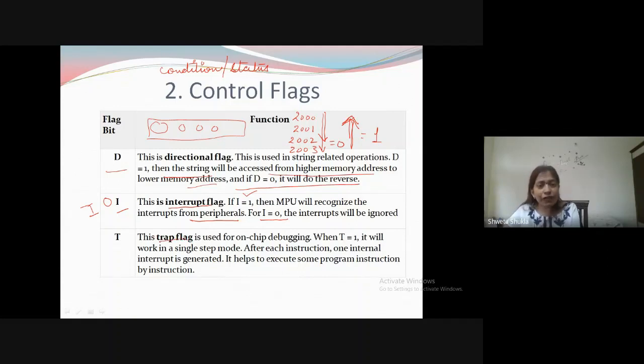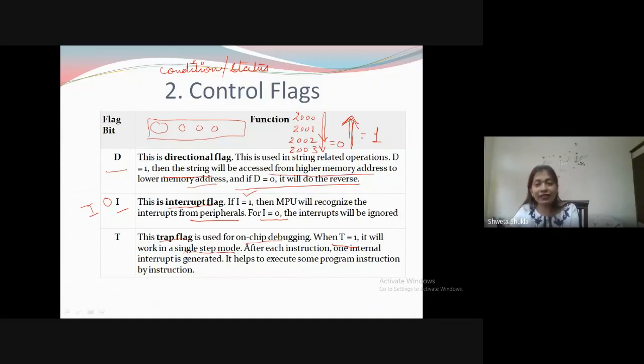Then comes trap flag. Trap flag is, you can say, on-chip debugging, and this is also called single step mode. If the trap flag becomes high, then the microprocessor goes to single step mode. That means this is on-chip debugging. Some kind of interrupt is generated, and this is an internal interrupt.